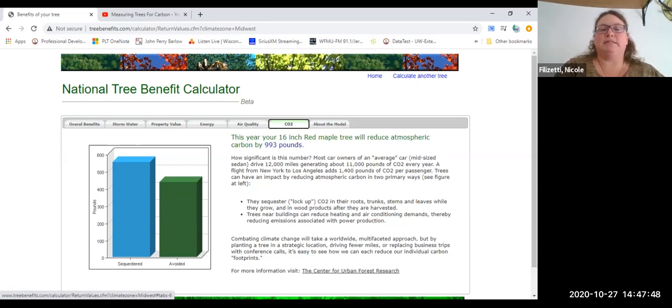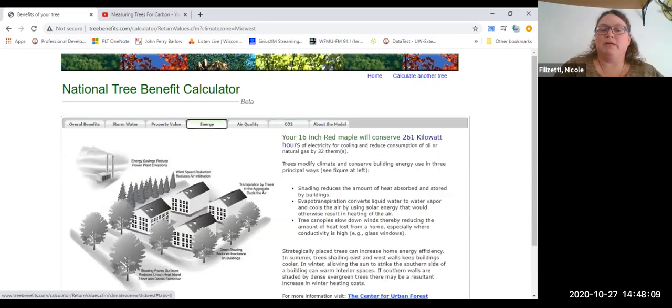So what that means is this is the carbon that's being stored in the tree from the method that we talked about earlier, but this is the carbon that we are avoiding giving off because that tree is there. So how does that work? What does that mean? What that means is, largely, I'm going to click on this energy tab. When we have trees around buildings,